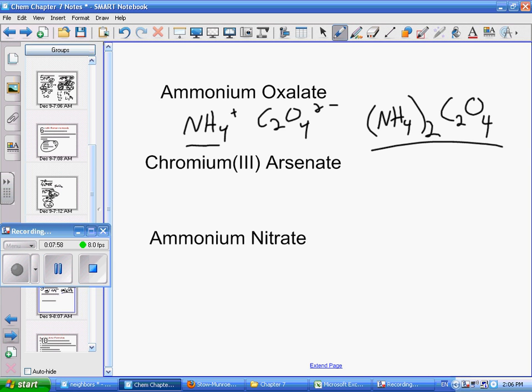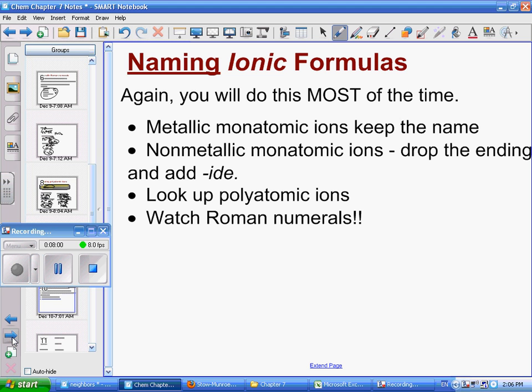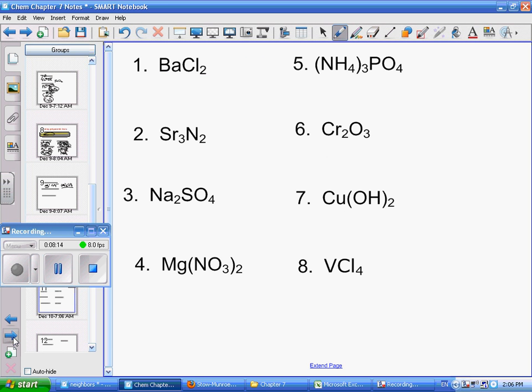Okay, let's see what else we got here. Now, naming ionic formulas is real simple. You're basically going to read them right off your sheets, and you're going to pay attention to whether the Roman numerals are there or not. For example, when I look this up, it's just barium